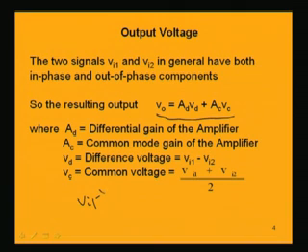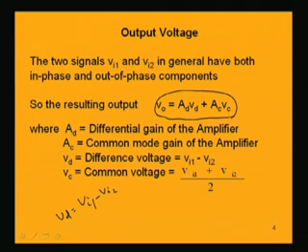So, Vi1 minus Vi2, this is the difference between the two voltages, and the common voltage is denoted by Vc. So, Vc is the average between the two voltages, half of Vi1 plus Vi2, that is the common signal or the common voltage between the two signals. So, then we have the output voltage given by this expression of V naught equal to